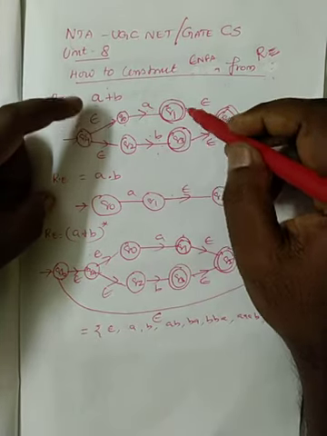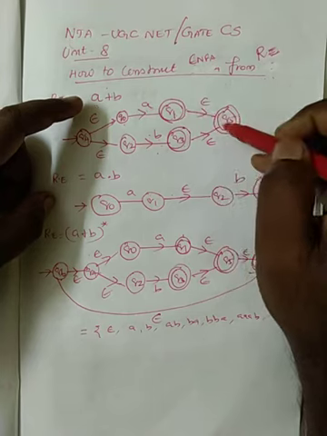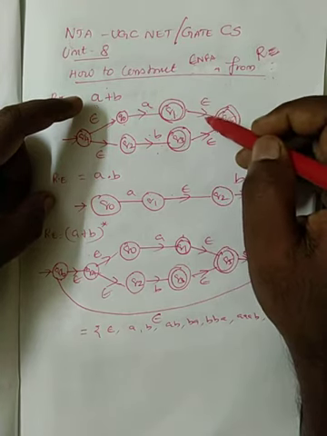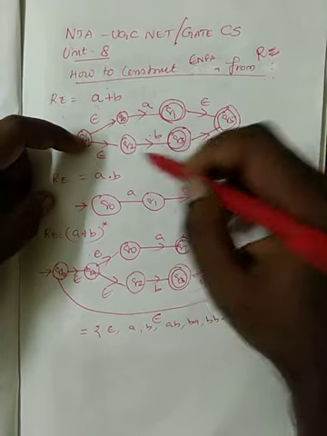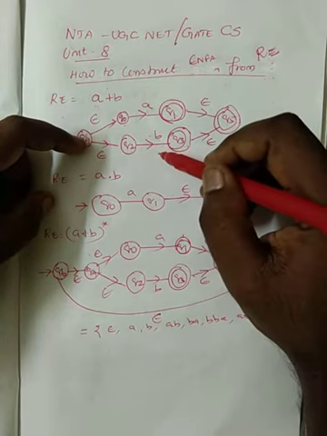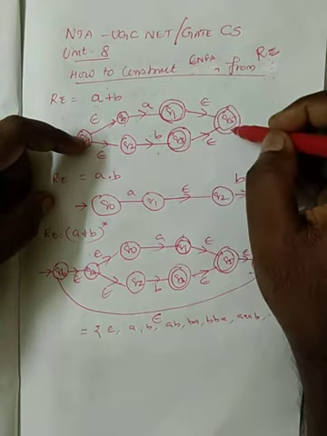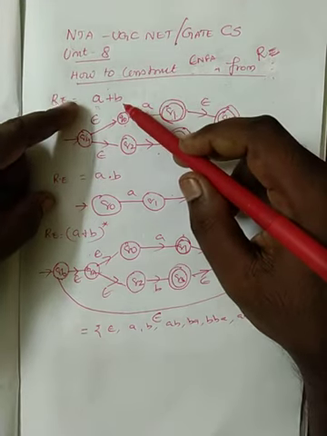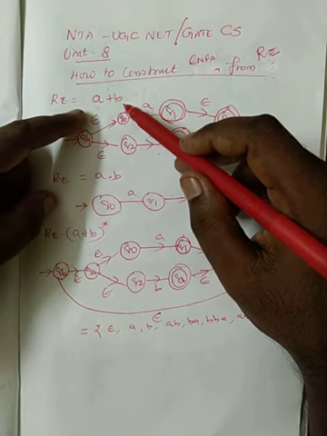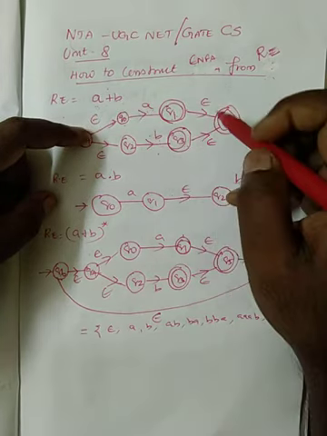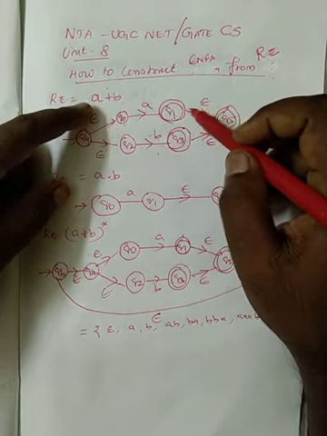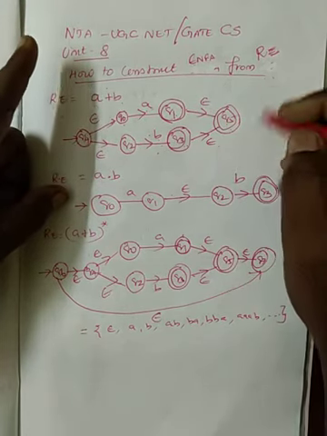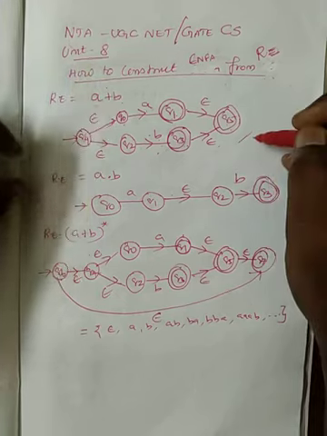From the A end state I draw a new end state here with a transition of epsilon, and if it accepted B it goes to q5 by accepting epsilon. This means A or B makes a transition only by accepting A or accepting B, no other choice. So this is the diagram.